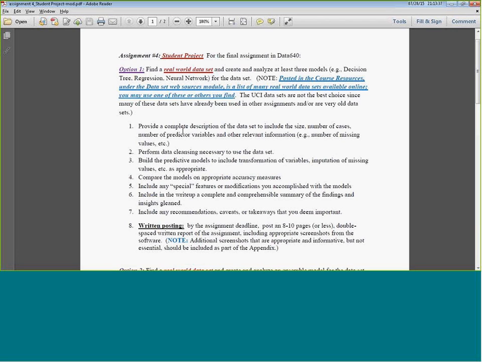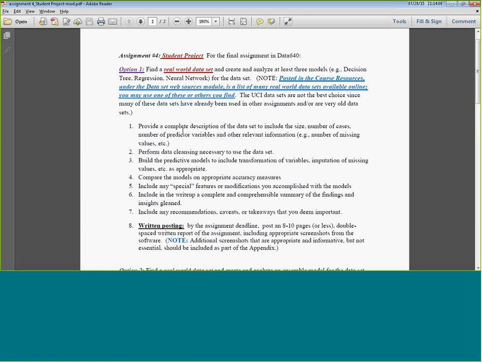There's only so many hours in the week. Everybody has jobs, other commitments, and so forth. But it's nice once in a while to take on a real-world data set. It's nice once in a while to say, oh my gosh, the real-world stuff is not quite as neat, clean, and ready to go as some of the stuff we've been using in classes. Of course, you go out in the real world, that's the only kind of data sets you're going to find, right? You're going to find all data sets are messy,